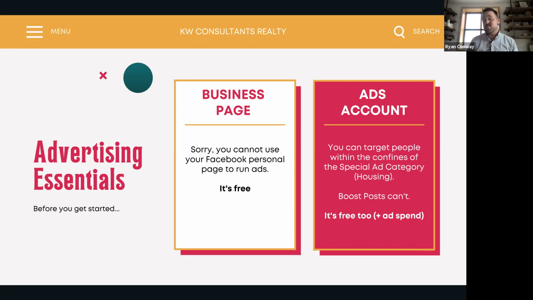People always ask me too, what about just boosting posts? You can boost posts, but it's not going to give you as tailored a way of doing the demographics and really hitting specifically who you want to get it to. For the most part, you have no idea who it's going to, and you just boost a post. It's just whatever Facebook throws together based on what you're advertising. They say, well, we think it should go in front of these people, but you don't have that sort of control. So this gives you a lot more control than that. It's totally free to set it up, plus, obviously, what you're going to spend in ads to promote it.